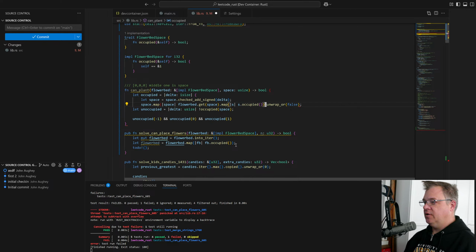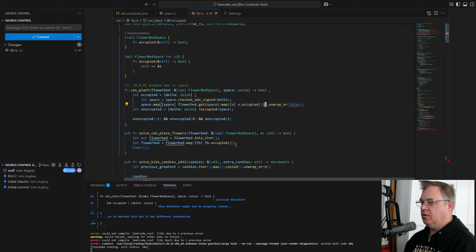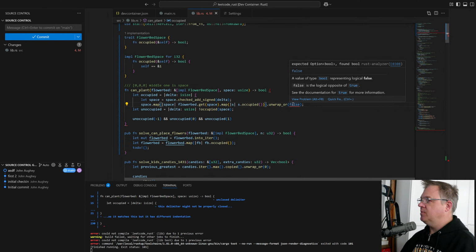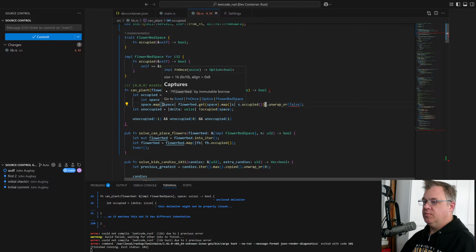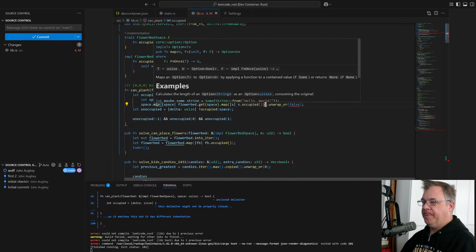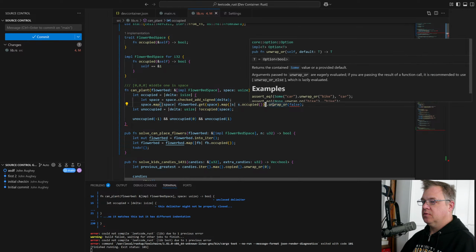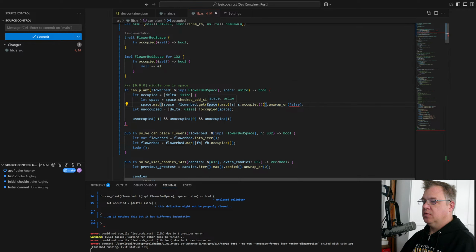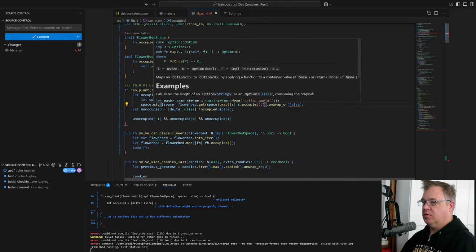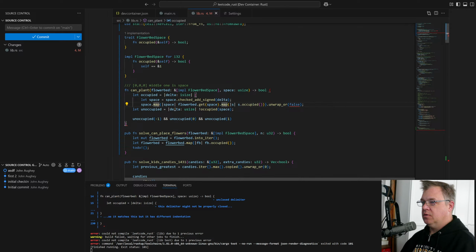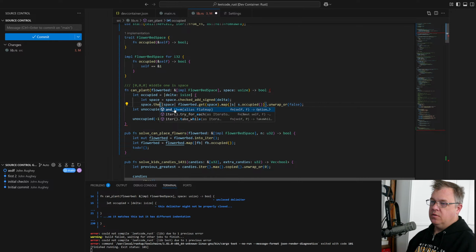And I think if we close this off here, unwrap, or I was going to say there's an option. Expected an option, found a bool. This just needs to be a then.